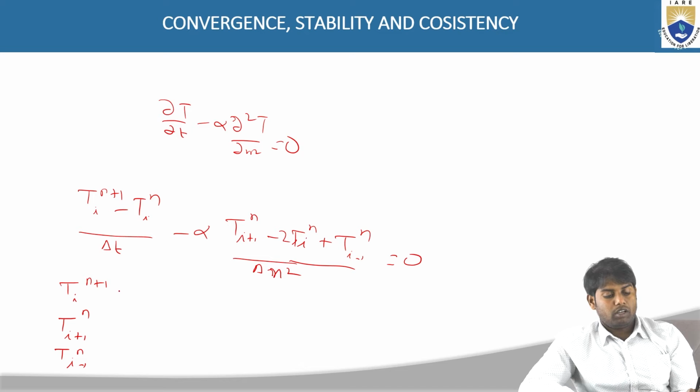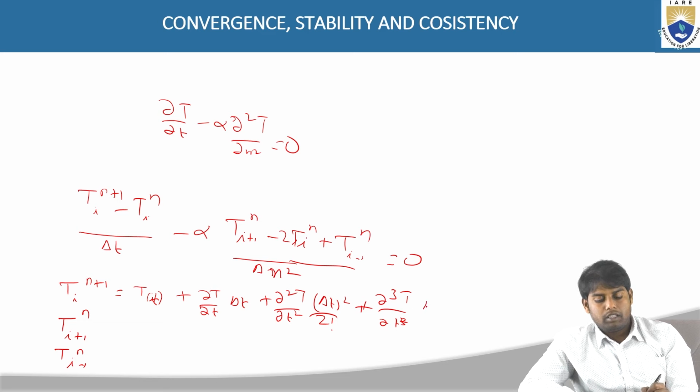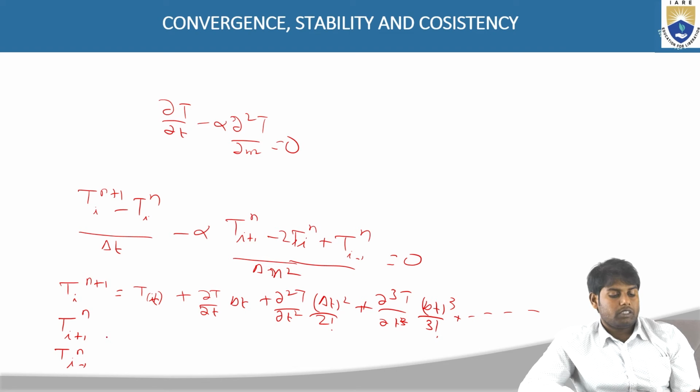Okay, so what we do, basically here T of i plus ∂T/∂t into Δt, let us say time here, plus ∂²T/∂t² into Δt² by 2 factorial, plus ∂³T/∂t³ into Δt³ divided by 3 factorial, plus so on. This is all. Similarly here what we have,